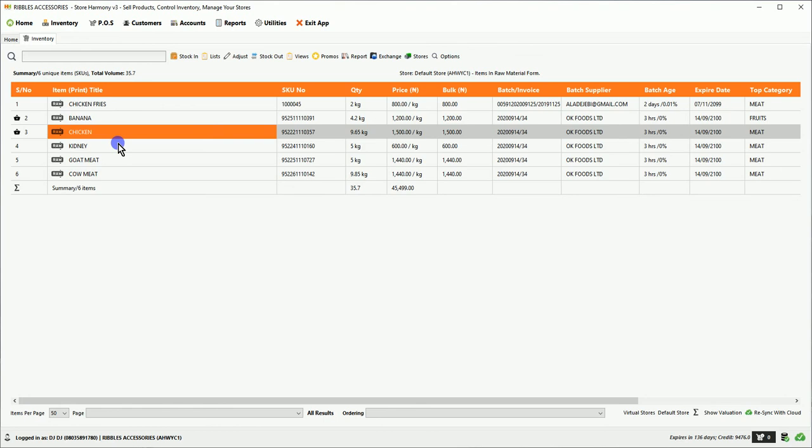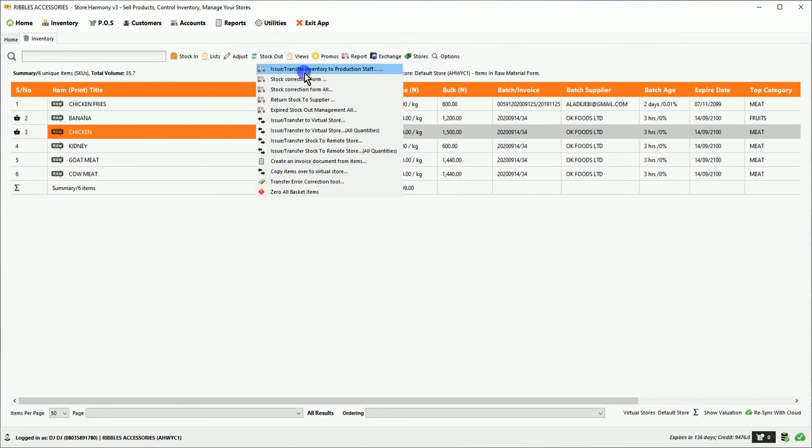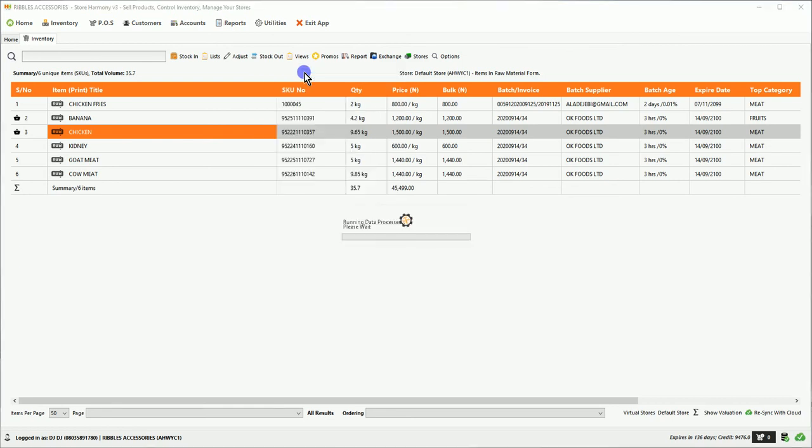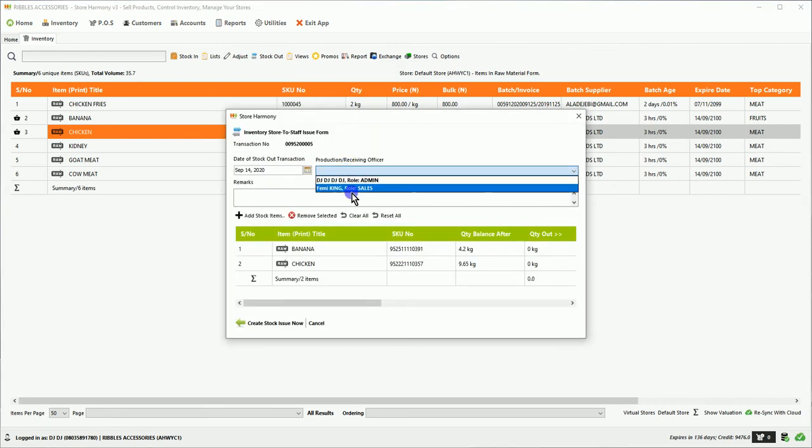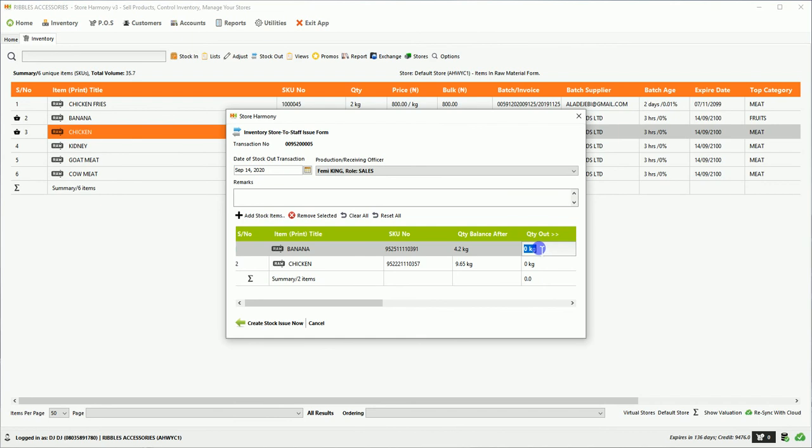So when we measure out that quota, for example, we could transfer that quota to a production officer. Transferring that quota to a production officer means that we are saying, okay, you've been given 1 kilogram of banana and then 1 kilogram of chicken. Other measures can be designed as well, but we're trying to portion these things to